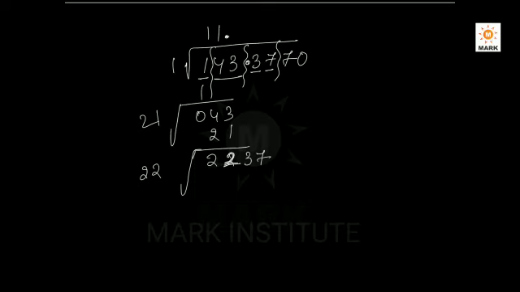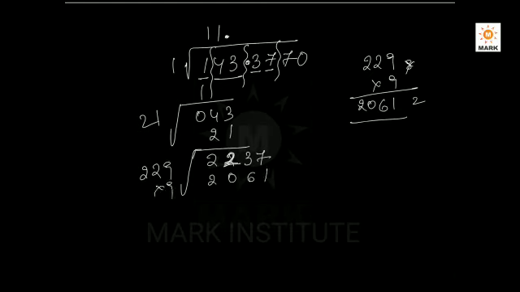I think we can go 10 times. No, not 10 times, 9 times we can go. Very easily 9 times we can go. So 8, 1 here, 2 9s are 18, 18 and 8 will make 26. So 2 here, 2 here, 9 9s are 81, 9 2s are 18, 18 plus 8 is 26, 6 here, 2 carry forward, 9 2s are 18, 18, 2061. Friends, 2061, because I put 9 here and here also it is 9.